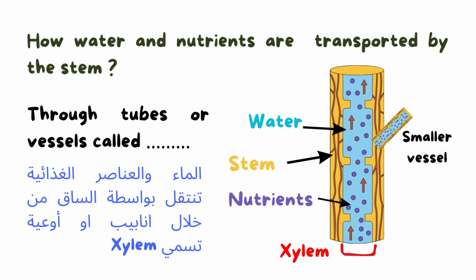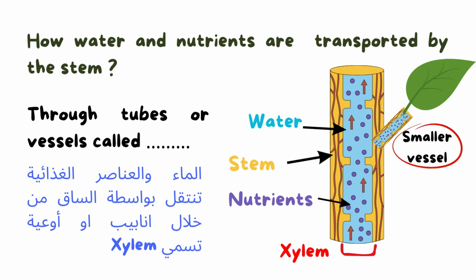As you see here, this is a drawing of xylem. In the xylem the nutrients and the water are transported to other parts of the plant, leaves, flowers. Okay, as you see here, this tube contains water, also nutrients. And we have a smaller vessel, as this smaller vessel transports this water and nutrients to the leaves. Okay,